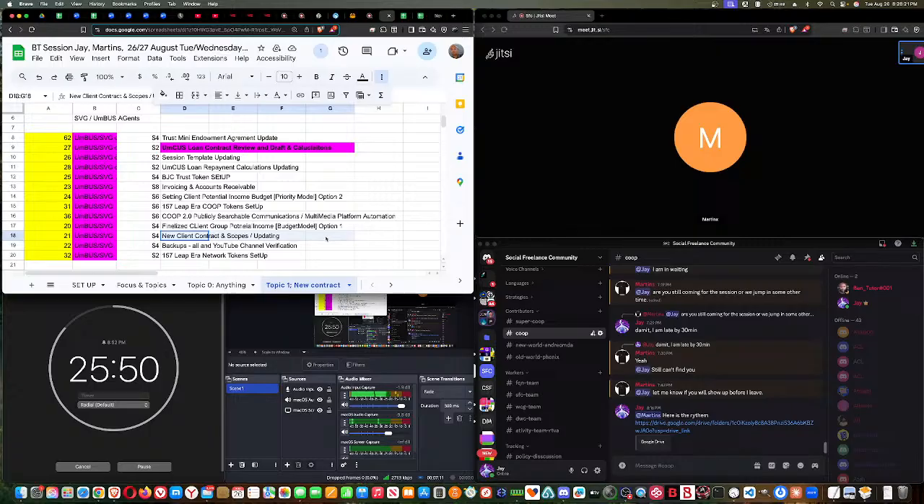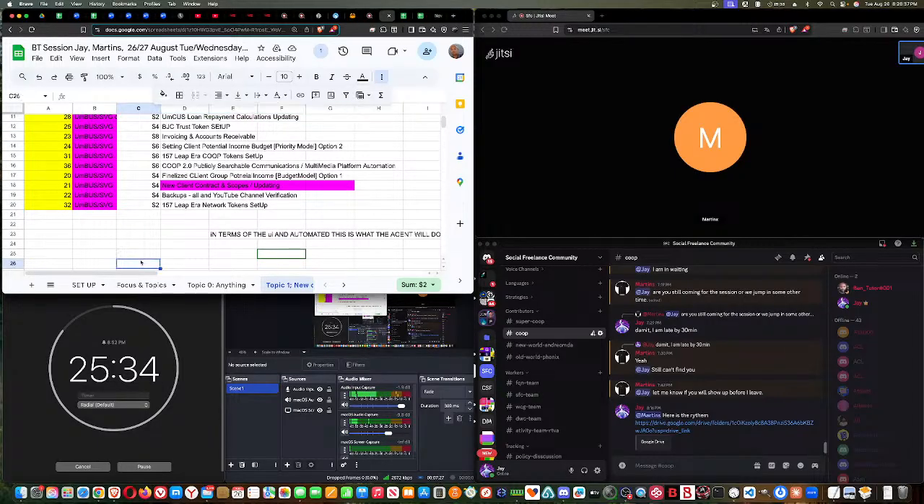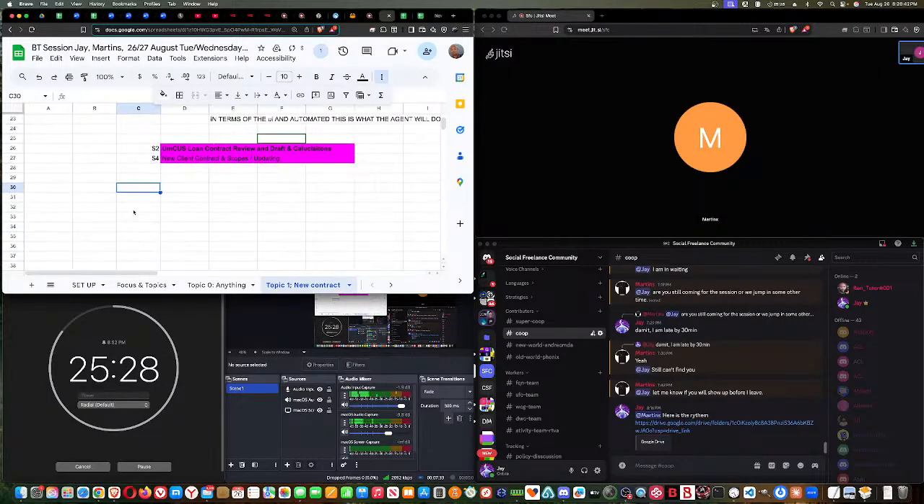And then you also have line 18, which is the new client contract and scopes. Okay, so these are the two that we're discussing currently. So do you want to try to automate these, or do you want to try to do something else as far as